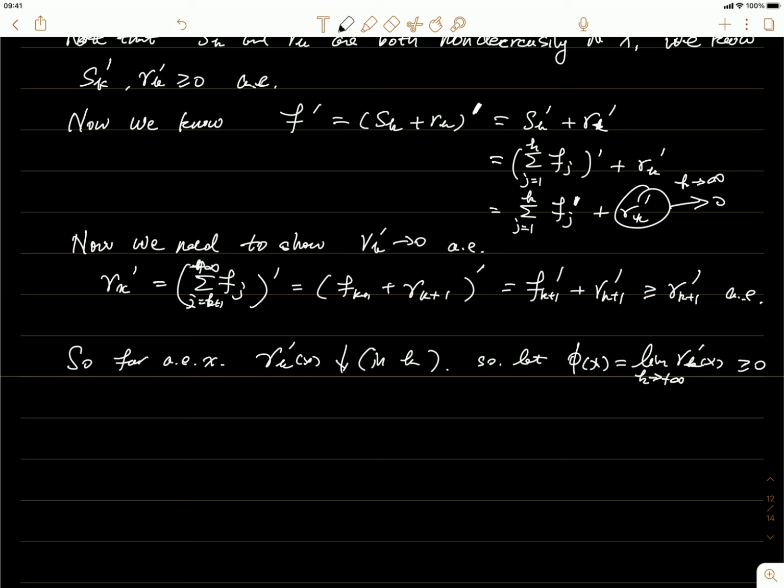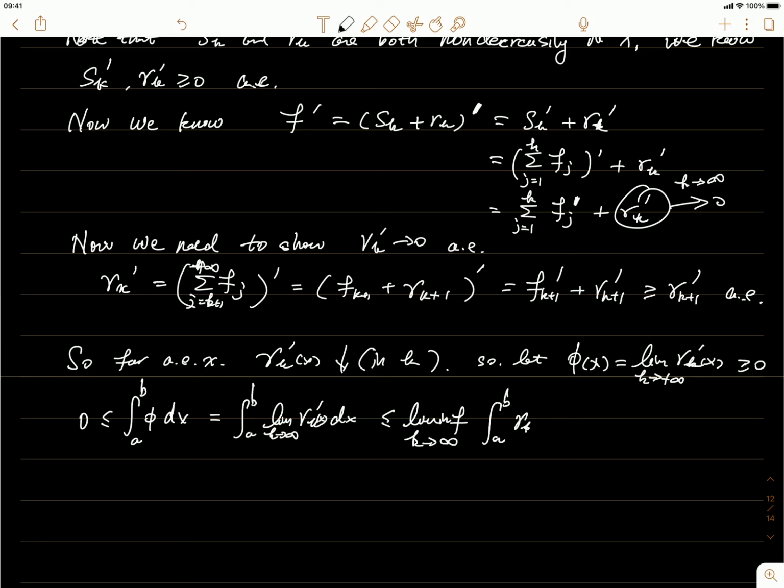On the other hand, we know that the integral of phi, while each is non-negative, so the integral of that must be greater than or equal to 0 as well, right? And also, this is just equal to the integral of the limit of r_k prime dx. Now we have the limit inside. We can use Vitali's lemma. This is less than or equal to the lim inf, or lower limit, of the integral of this r_k prime